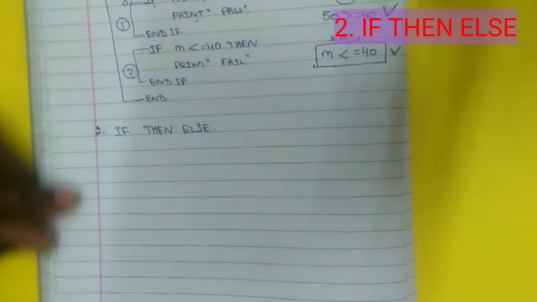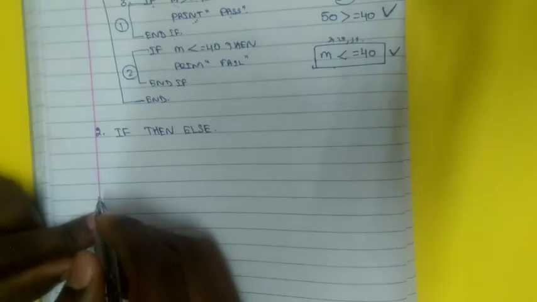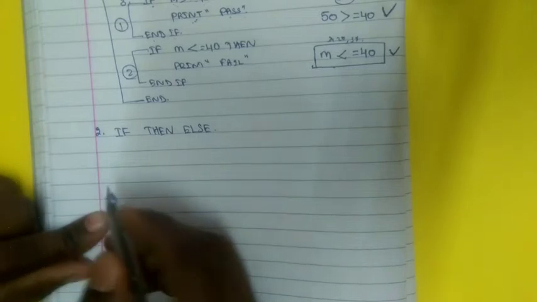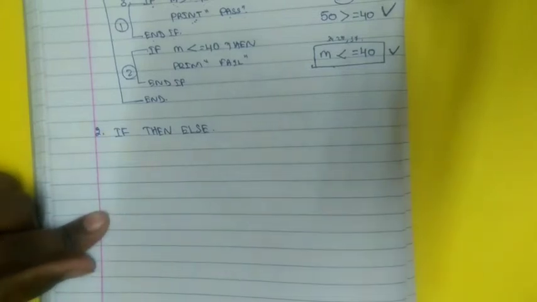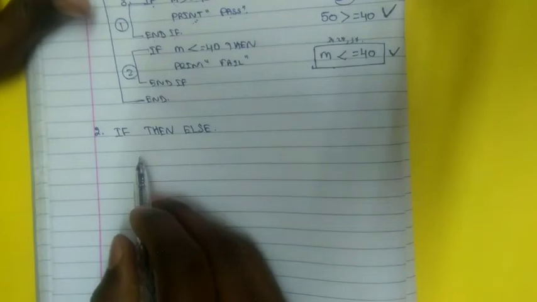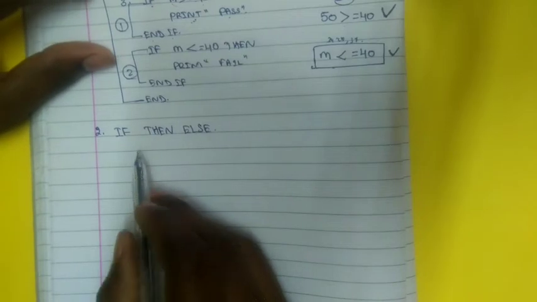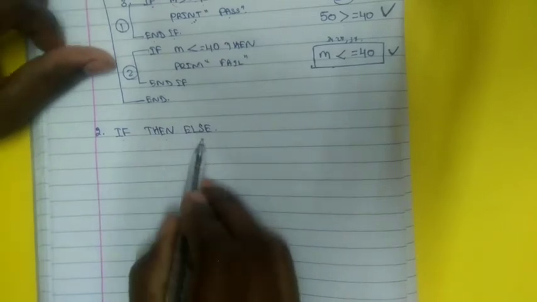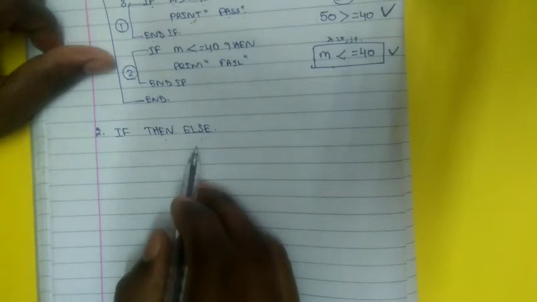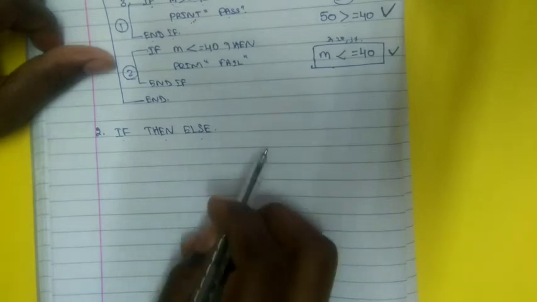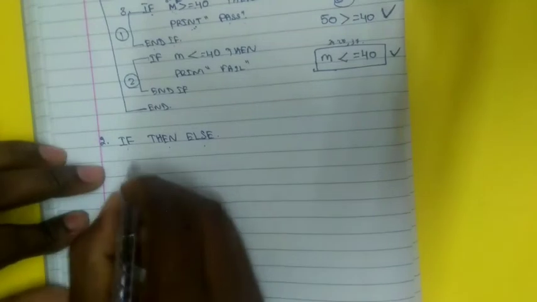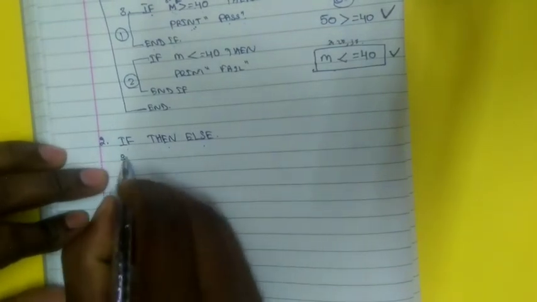Second statement is if then else. The if then else statement is used to execute the condition either true or false. The if then statement is executed only when the condition is true, but the if then else statement executes for both true and false. The syntax of the if then else statement is